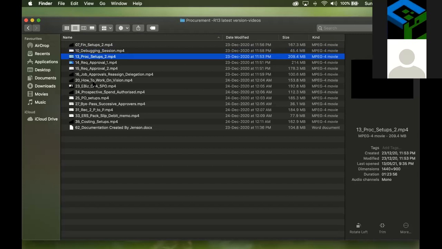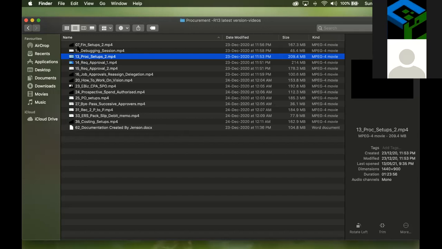I don't know why it came like that, but see this and the way it is here. These names are very difficult to understand. Like, what does it mean? Okay, you're getting my point, right? I'll do one thing. Whatever videos I have given, I will give that snapshot, which means which one is first, which one is second, which one is third, like that. So they have given 5, 6, 7, 8, 9, 10, 11, like that. Okay, so that snapshot, you see.